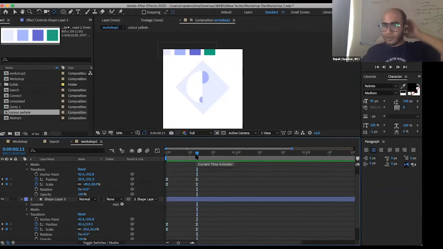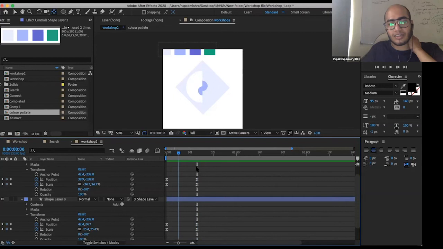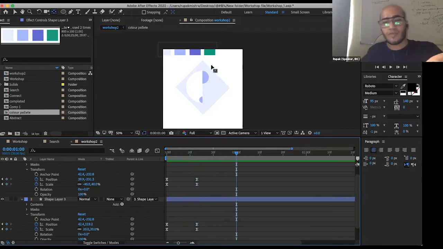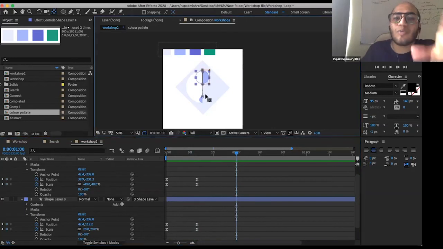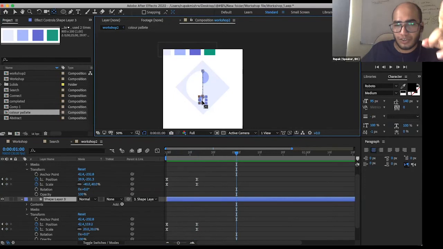Okay, so now what we want is to repeat it for few frames. Like once its rotation is done, we'll do it one more time. Go back. So now we want this layer to go back in its position, and this layer to go back to its position.